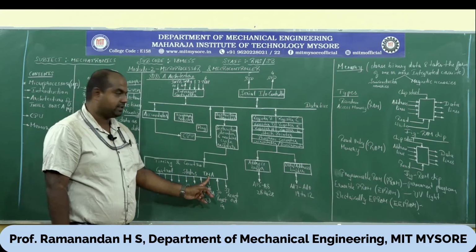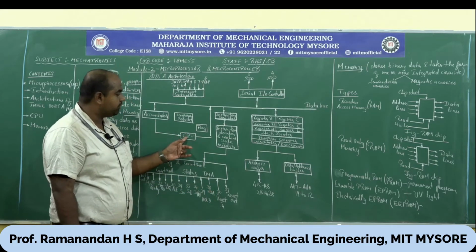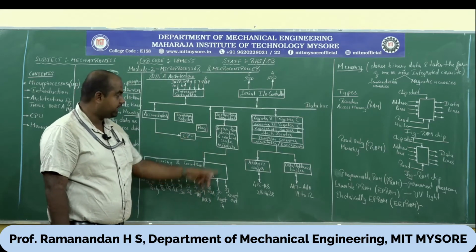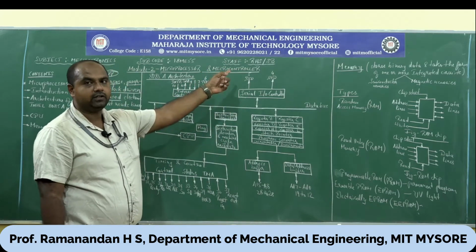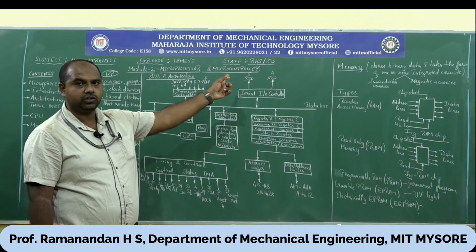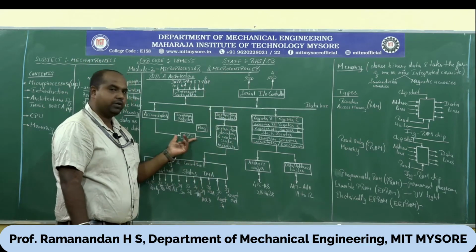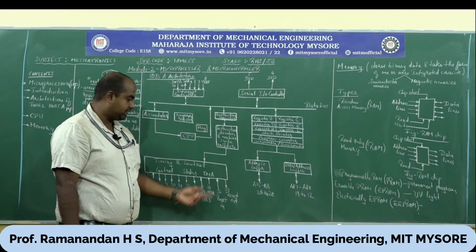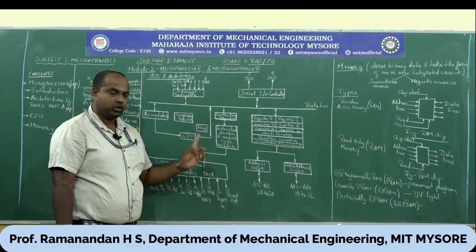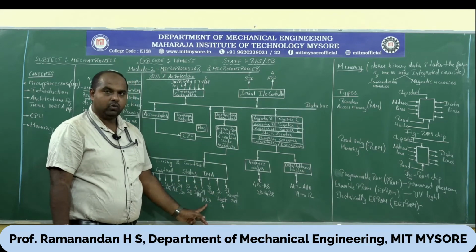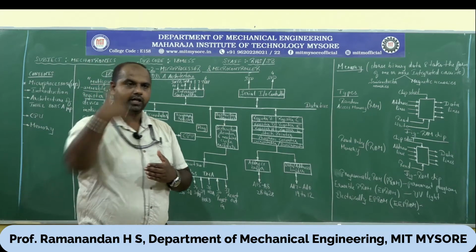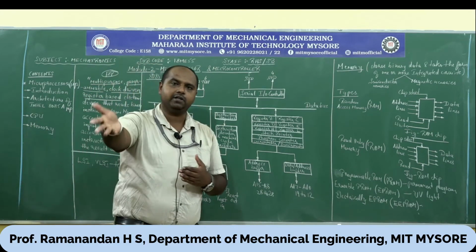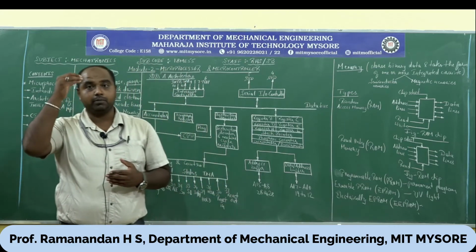So direct memory access is nothing but, without the intervention of the CPU, data is directly fed to the data bus and in turn to the user. Without the CPU intervention, direct memory access, that is being fed. So that is called the hold cycle. Hold is nothing but the CPU is not involved directly there. Memory data is easily fed to you. So that is what we call memorization.